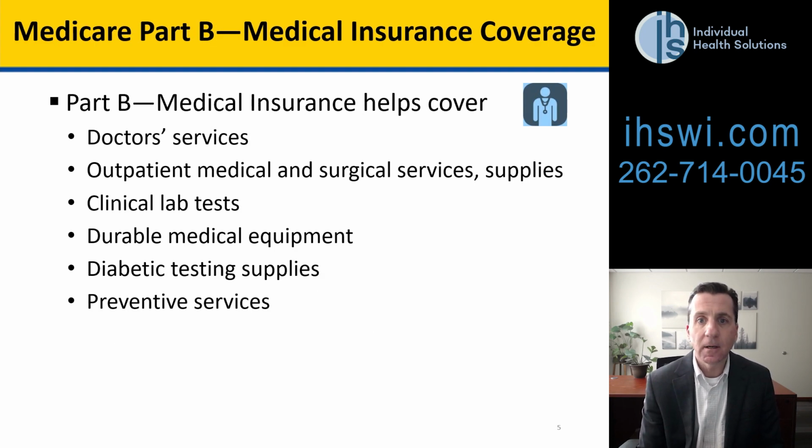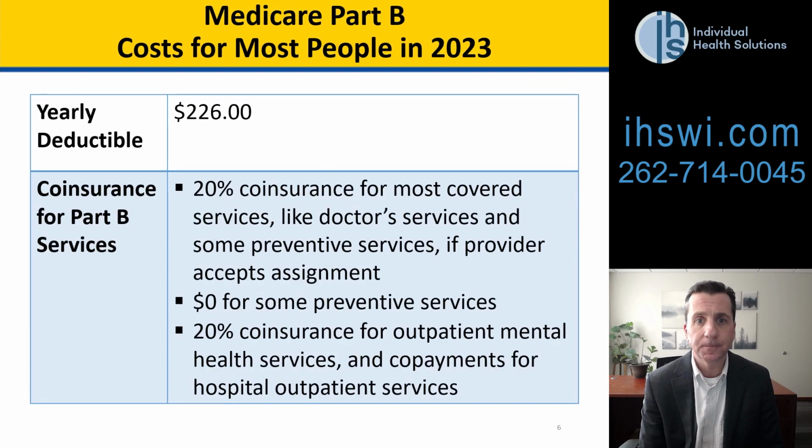The second part of traditional Medicare is Part B, also known as medical insurance. And Part B will include essentially everything else except prescription coverage. So Part A is hospital, Part B is medical insurance, and so things like doctor visits and outpatient surgeries, as well as if someone has to have an MRI or a CT scan, really anything other than being in the hospital and prescriptions would fall under Part B.